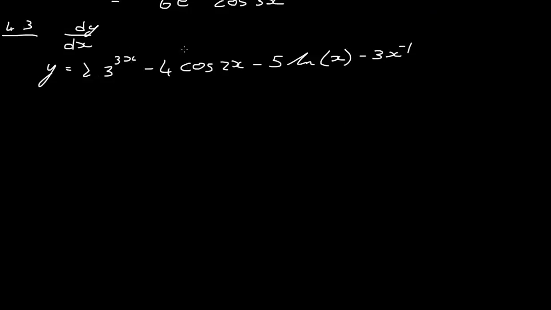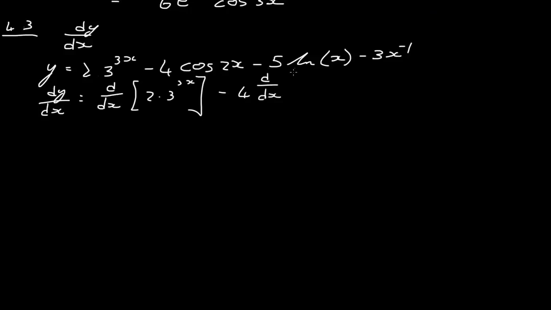So, we can differentiate each term separately. Then we're going to have dy by dx equals d by dx of 2 times 3 to the 3x minus 4 d by dx of cos 2x